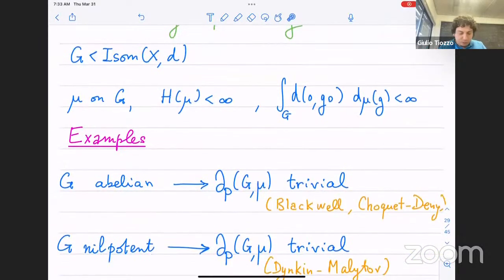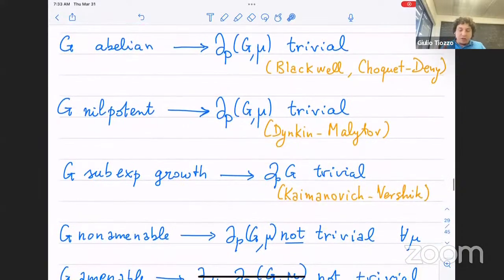Well, a lot has been known. People started studying trivial boundaries. Even Blackwell in the 50s, I think, or 60s, started talking about harmonic functions and abelian groups. They didn't talk about the Poisson boundary back then, but they proved that it's trivial. And then Ding and Molyutov proved it for nilpotent groups. I'm talking about discrete nilpotent groups. For Lie groups it's a bit trickier, but anyways. And then eventually people started really defining this Poisson boundary and finding the first examples where it's not trivial.